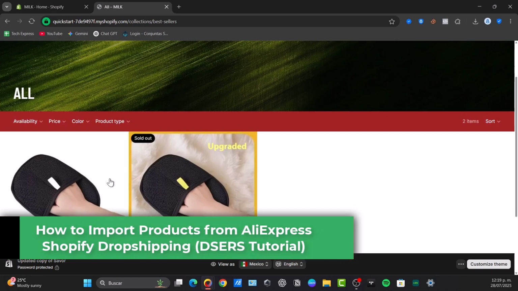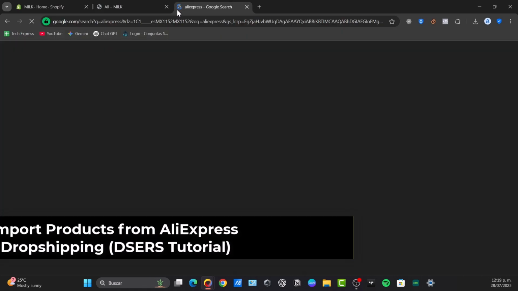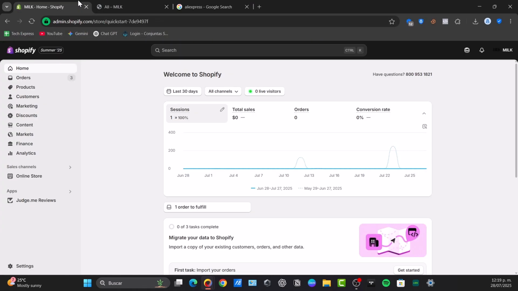Today I'm going to be showing you how to import your products directly from AliExpress into your Shopify using DSers. So ready to start your Shopify store? Let's dive into DSers. Now the first thing to do, of course, is to install the DSers application into your